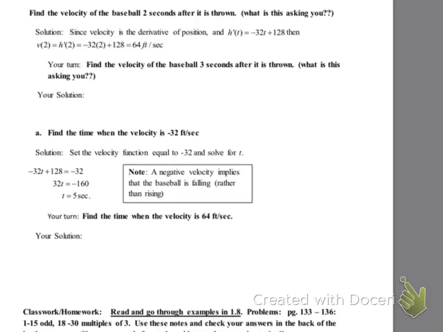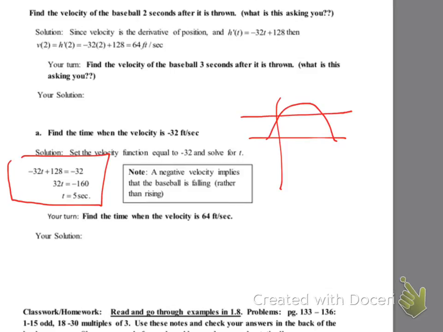Alright, so now we're going to go down to A, and it says find the time when the velocity is negative 32 feet per second. So my solution, I go through my own solution first, is to set the velocity function equal to negative 32 and then solve for your t. So here's all my work. Another way of thinking about this is to go ahead and take your function, so I'm just going to sketch it. It's not a very good sketch, but you get the idea. And we're going to put a line in, and that line is going to be y equals,